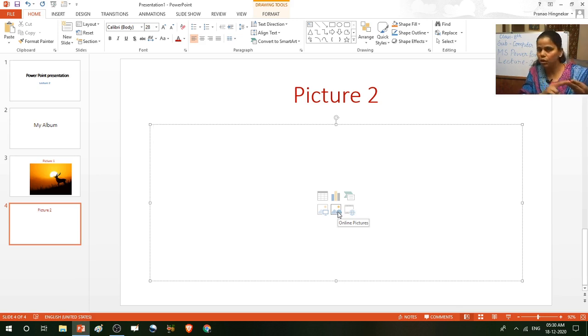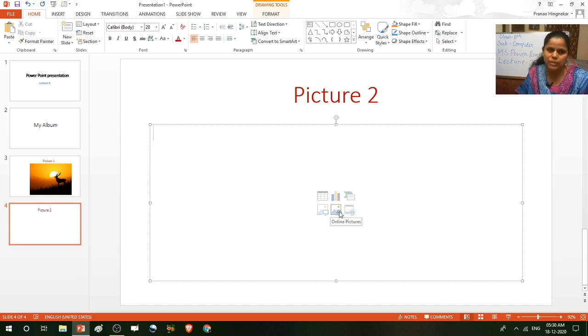First icon is to insert the table, second icon is to insert the chart, third icon is to insert a smart art graphic, then fourth icon is to insert the picture from your computer, or from your mobile. Then next, online picture, that means you have to click on this icon for inserting the online picture.